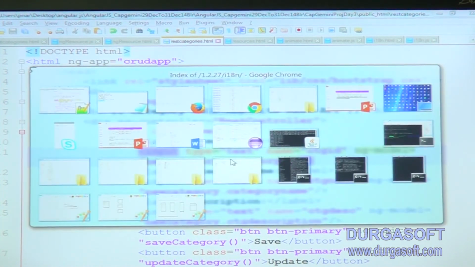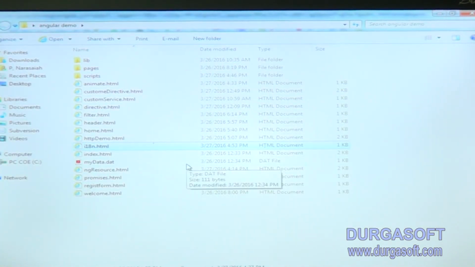So till now we have discussed all concepts in AngularJS. This Angular demo is my project. Here I explained each and every concept about AngularJS. Now, in real time also, there is no specific project structure for JavaScript. First thing, if you have Java or web application development, you can use a certain structure, classpath, such a project setup we need to do when developing any web application using Java or .NET.